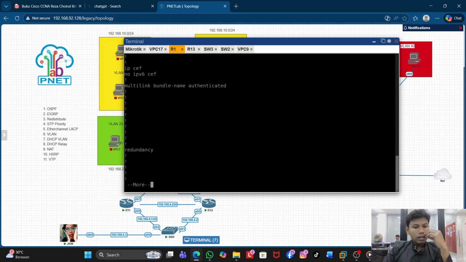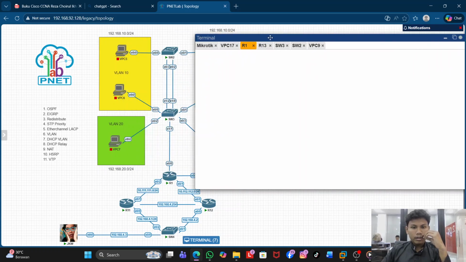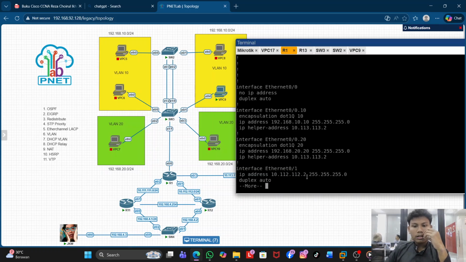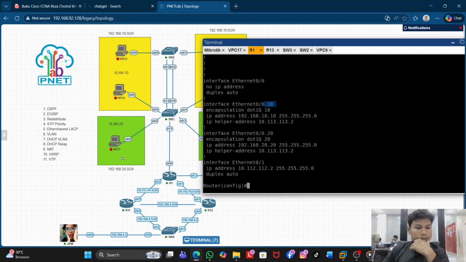DHCP relay uses the IP helper address on the interface that goes to the VLANs. I use router on a stick, so I put the IP helper on the router-on-a-stick interface. Dot 20 is for VLAN 20 and dot 10 is for VLAN 10.